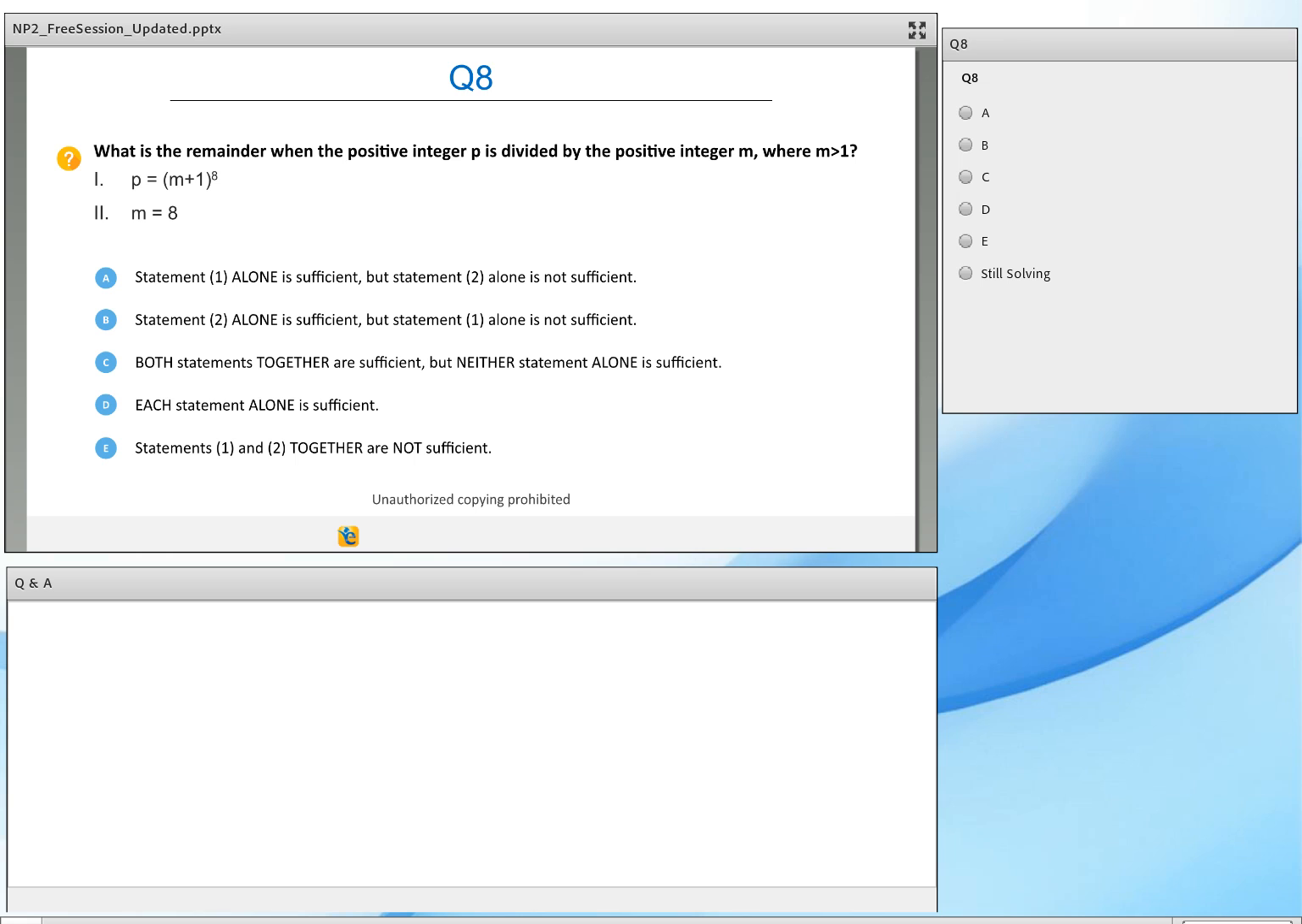All right, last 30 seconds. I'm going to end the poll now. Okay, and here comes question number 9. Can you all please click on still solving? I'll change the screen to question number 9 as soon as I get